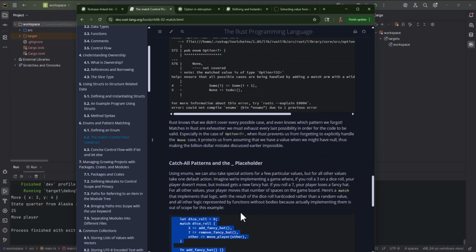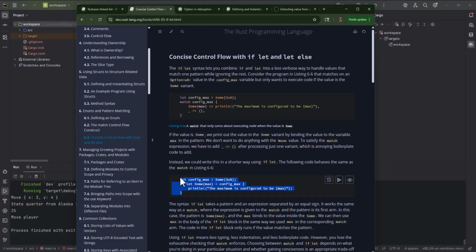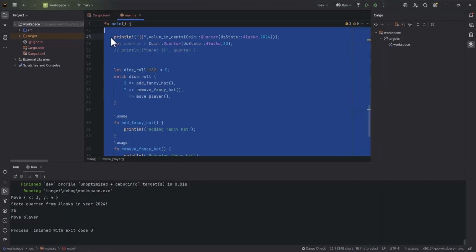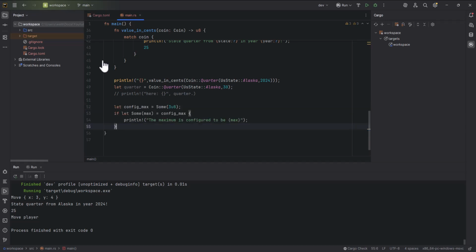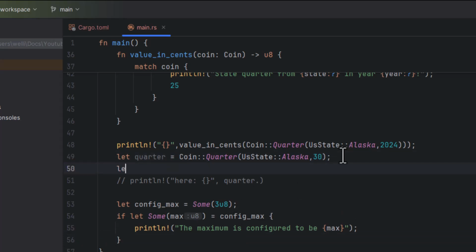All right, so that appears to be what we needed to know about the match statement. So they're saying we can let config max be a Some thing, and then we let this other Some thing equal config max. That's how we pulled it out. So if I said let